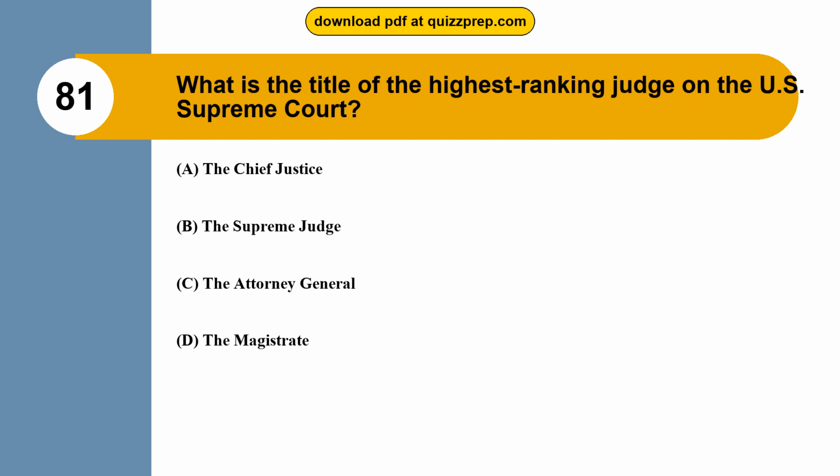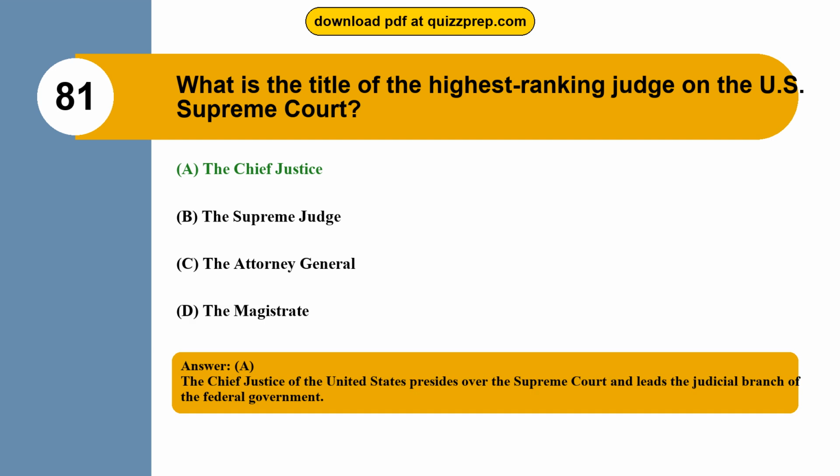Question 81. What is the title of the highest-ranking judge on the U.S. Supreme Court? Option A, the Chief Justice. Option B, the Supreme Judge. Option C, the Attorney General. Option D, the Magistrate. The correct answer is option A, the Chief Justice. The Chief Justice of the United States presides over the Supreme Court and leads the judicial branch of the federal